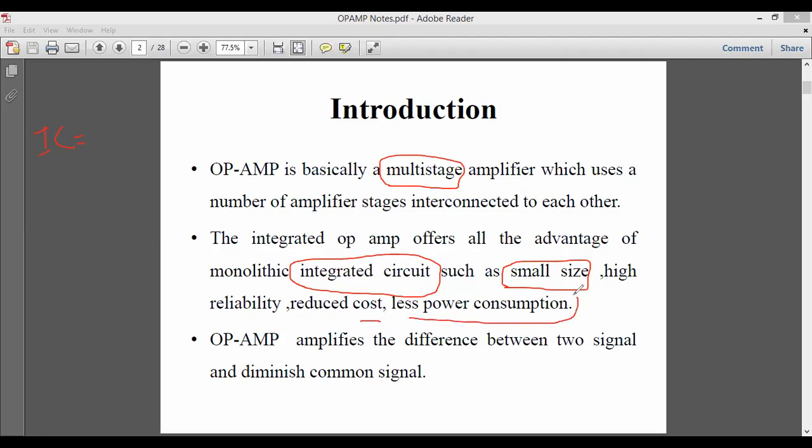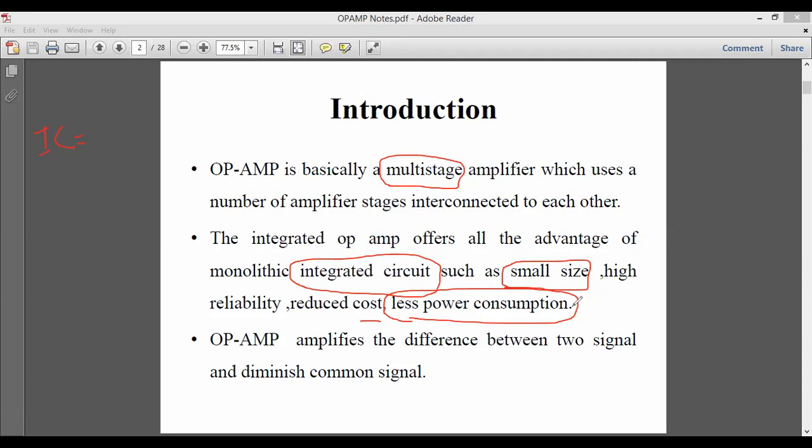Low power consumption. Whenever you go for the design of any device, the device should not consume more power. If the device is consuming more power, then your product will not be accepted in the market. You take any application, either in terms of software also, if you belong to a computer science department, then if your algorithm, if your program is not working properly, then that program will not be accepted in the market.